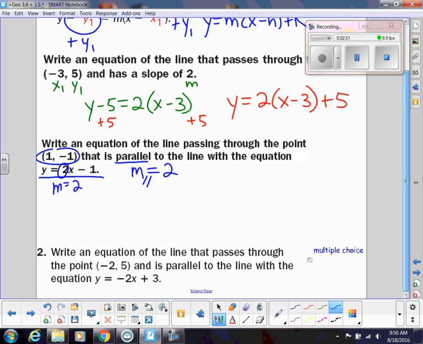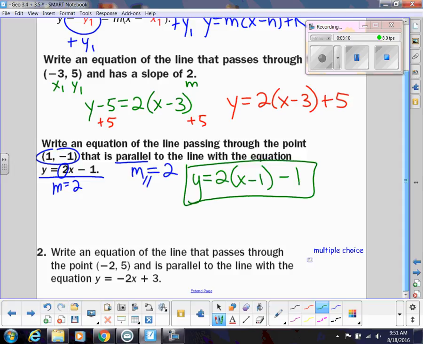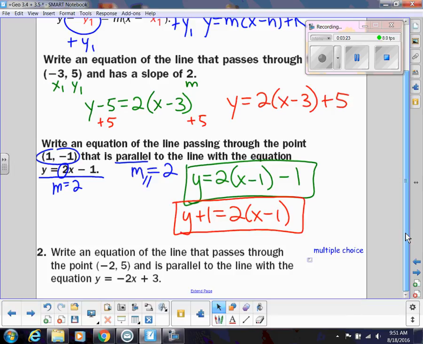So we have the point and we have the slope. So we can just do, I'm going to use the hk, so y equals 2 parentheses x minus 1, and then I have a minus 1. All right, so that would be an answer. You could also put it in point-slope form. That would be y plus 1 equals 2 parentheses x minus 1. That's totally fine. I'm sure in algebra you were trained to distribute and get it into slope-intercept form. That is fine too. Okay, unless it says in the directions what form it needs to be in,